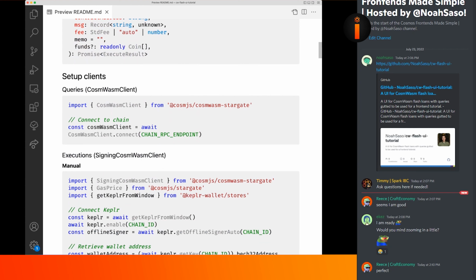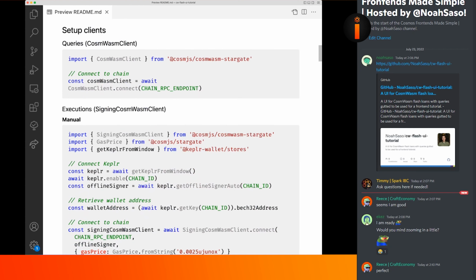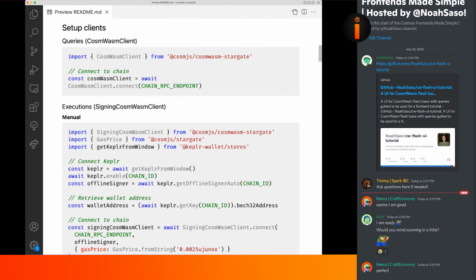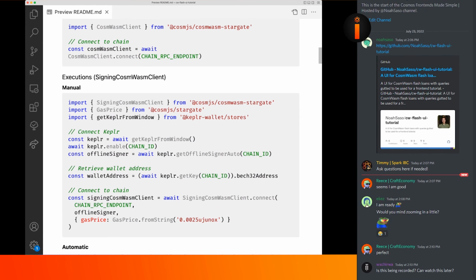So, setting up the clients, these are the two classes that will be useful for connecting to the chain. The Cosmos client has no signing and no wallet stuff. This is just for querying contracts and balances and such, just asking for data. And then for executions, there are a lot more steps involved because you have to connect to Keplr, assuming that